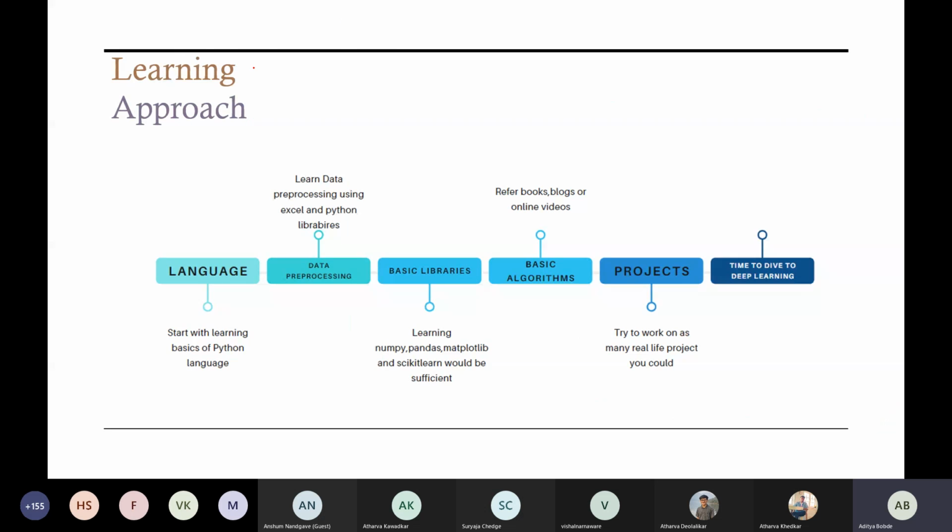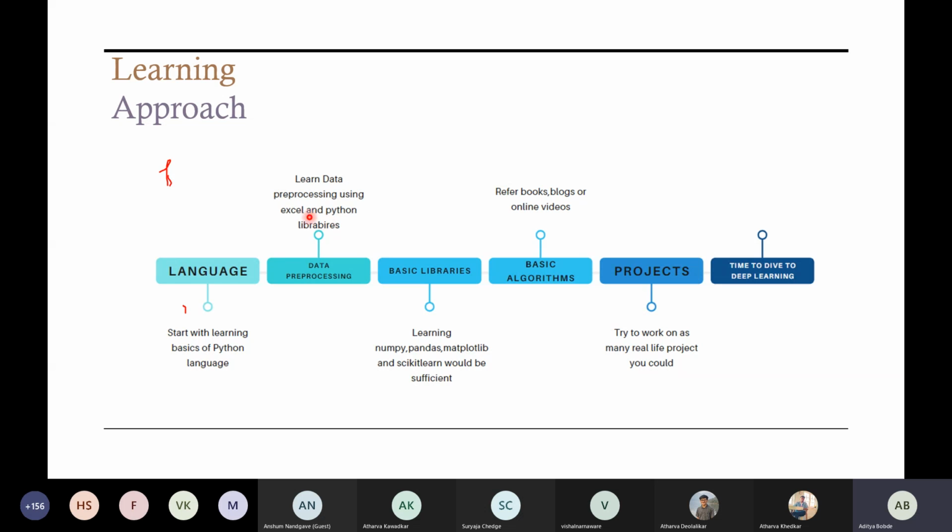Okay, so next we'll see the learning approach. I guess you are all from different backgrounds. I won't be generalizing that you know any specific language. First year students are there, lots of other students are there. So we'll start with the basic approach. To learn machine learning, first you have to learn a programming language, R or Python. Any means not C or C++. Okay, you can do it in that, I don't know. But you have to learn either Python or R. So you have two languages. I would rather go with Python since all the libraries are very handy in Python. So that you have to learn the language.